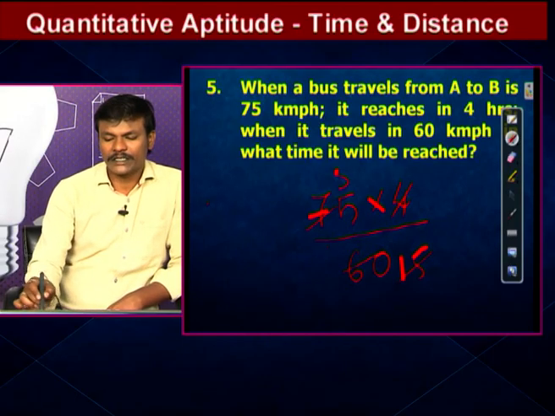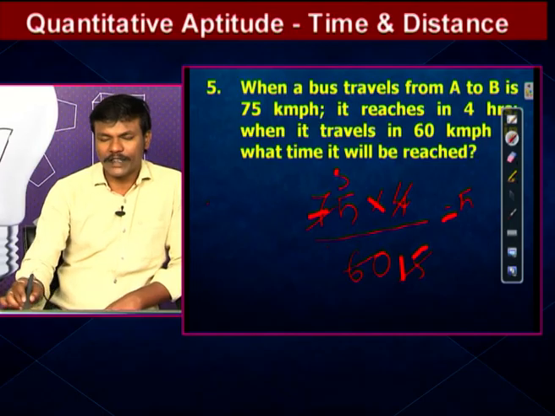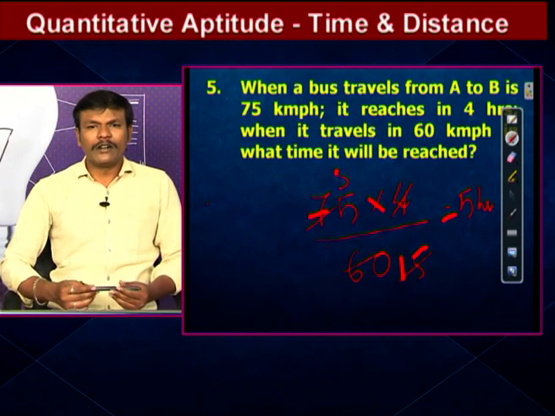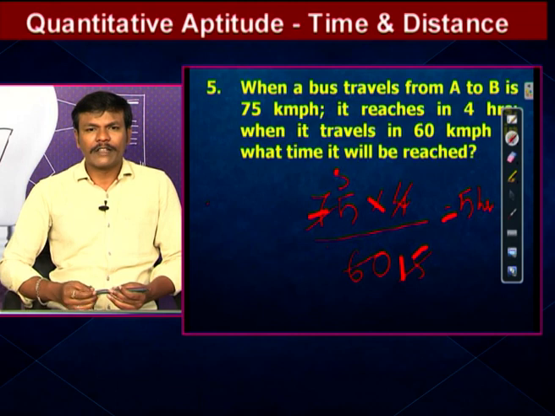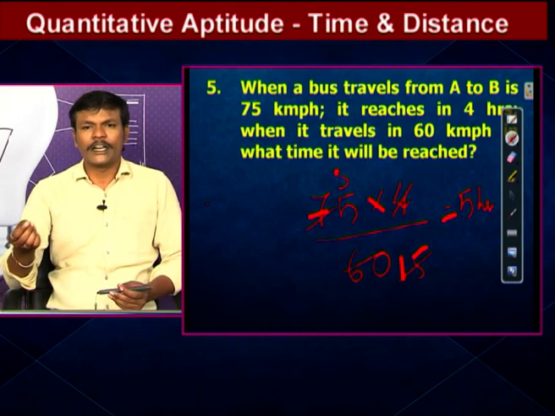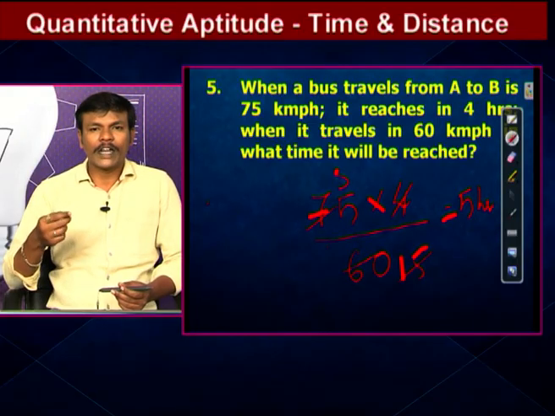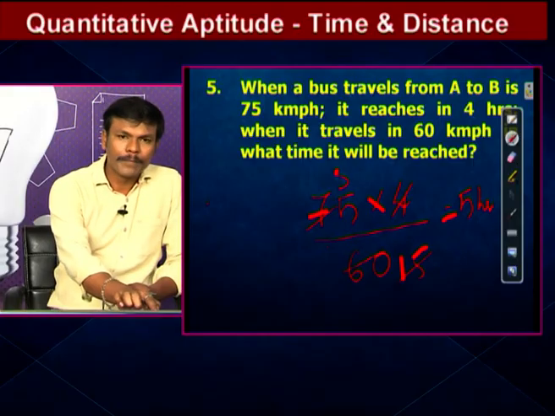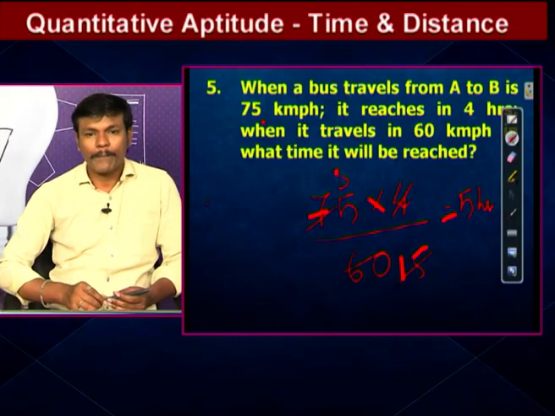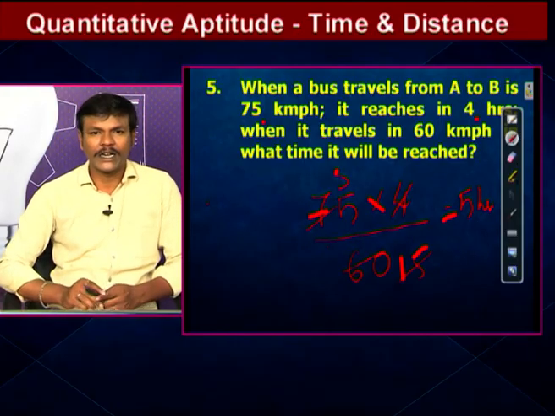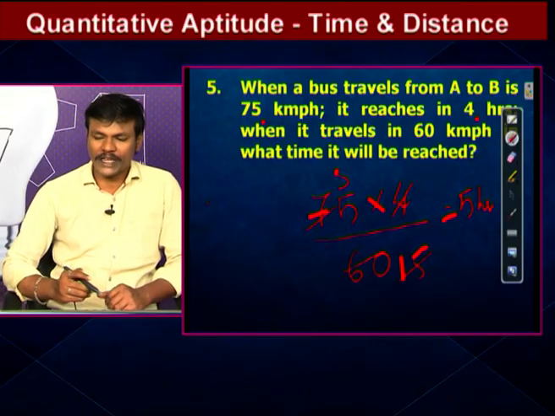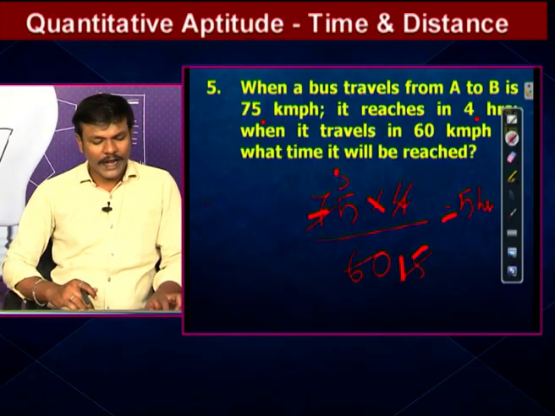It's simple. 4 15s are 60, 15 fives are 75. So how many hours was it? 5 hours. So very simple. So when we have two speeds, one speed is 75 km per hour, he reaches the destination in 4 hours. The second speed is 60 km per hour, in what time will he reach? Simple formula, that is first speed and first time by second speed, S1 and T1 by S2. Okay, simple. Go for the next question.